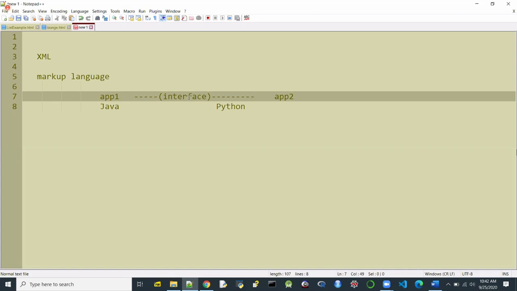The interface can provide a set of methods, and by invoking these methods, the applications can communicate with each other through parameters and return values, popularly known as APIs, application programming interfaces. Our interface can be a common data repository, let us say some kind of a database, and one application will store the data in the database. The other application will be able to read the data from the database. Databases have been viewed for almost 3 decades as an extremely useful way in which two applications can exchange data or other information.